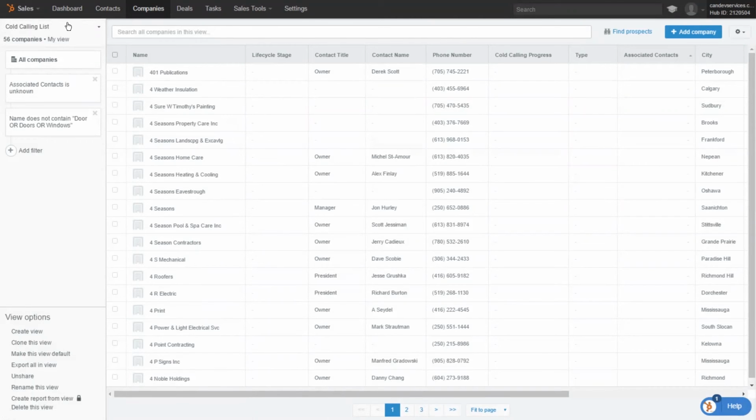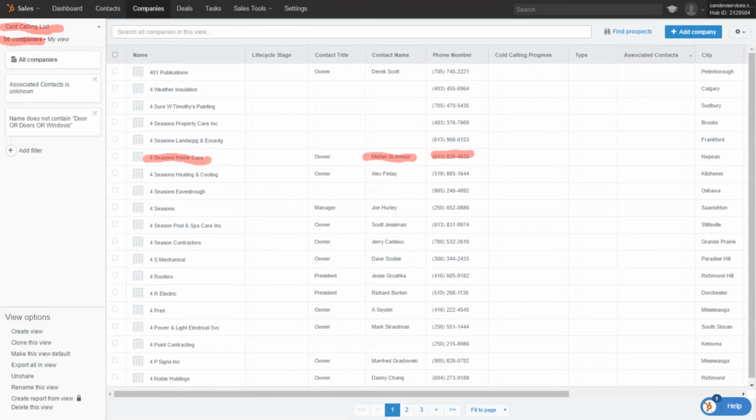This is the pool of companies that have not, and I have to stress that, have not been called. They've never heard from us. This is just a list of names that's been dumped into the system. And here you will be able to see all the relevant information, including the person's contact name. You will also see the company and phone number all together, but you have to filter this list. So make sure that you're in the cold call-in list. Again, this number here shows you how many cold call companies exist for you to call.